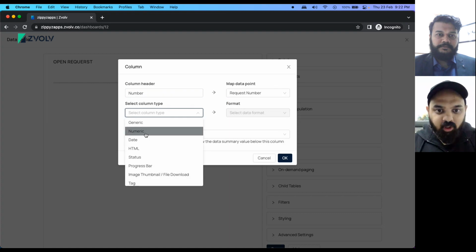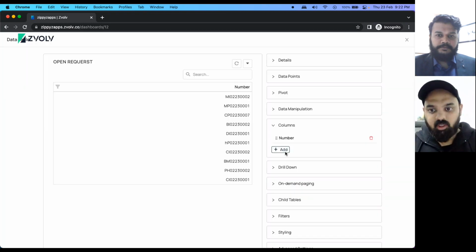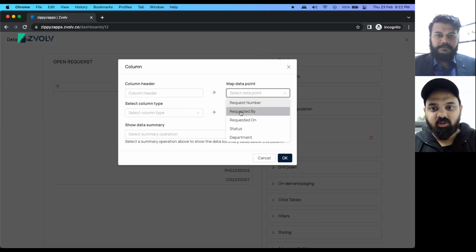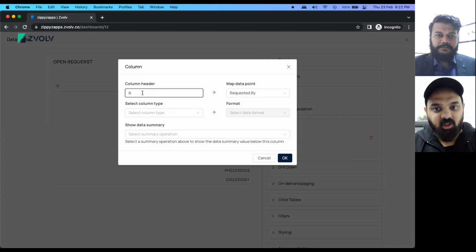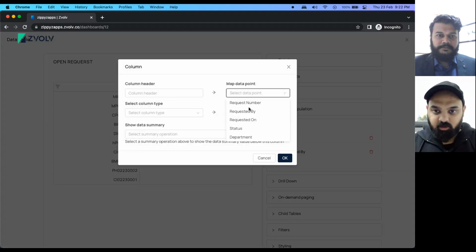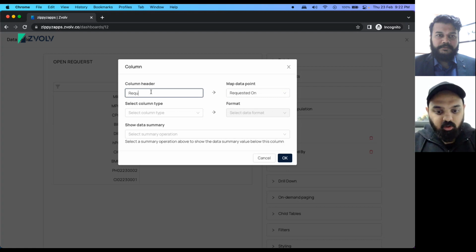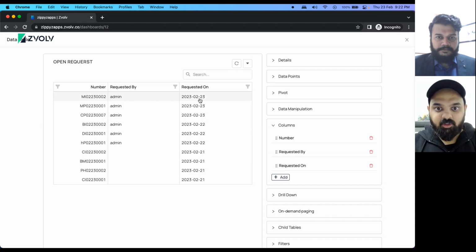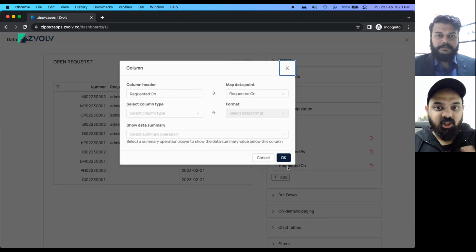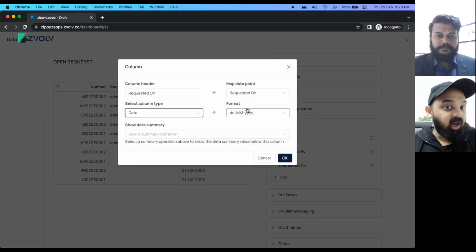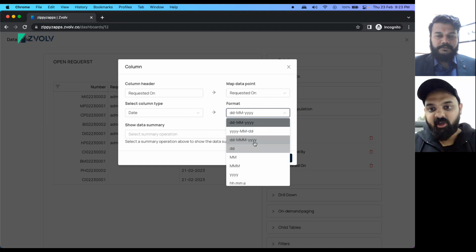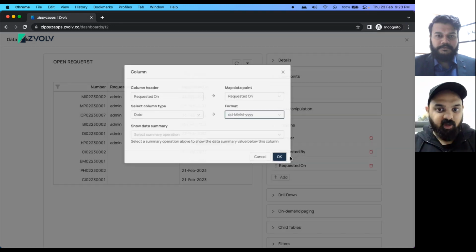So we can define what type of column the column that we're picking would be. This is something similar to what you would have seen in Excel, which is the column type. Just mapping all of those. Now this is where this comes in useful. If you see the date format, this is a default date format, which is YYMMDD. I have an option to change this, and I can choose whatever date format I want. So let us just go with DDMMYY.